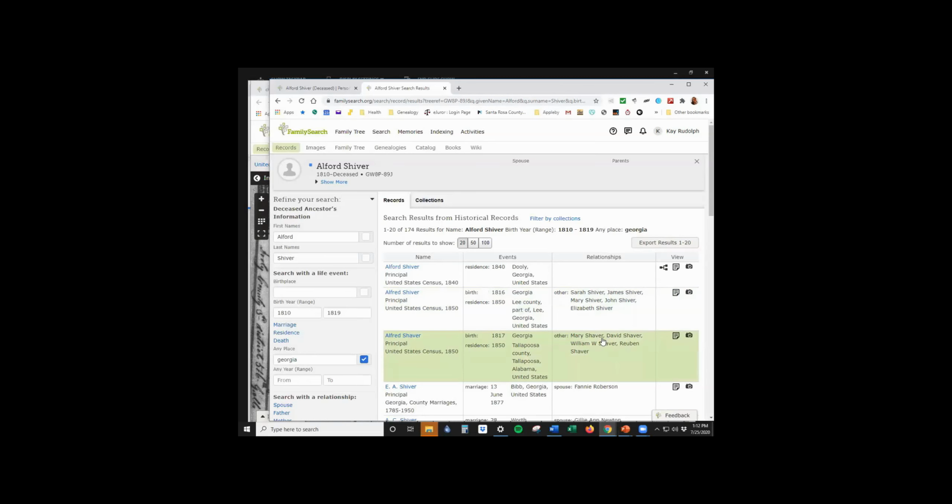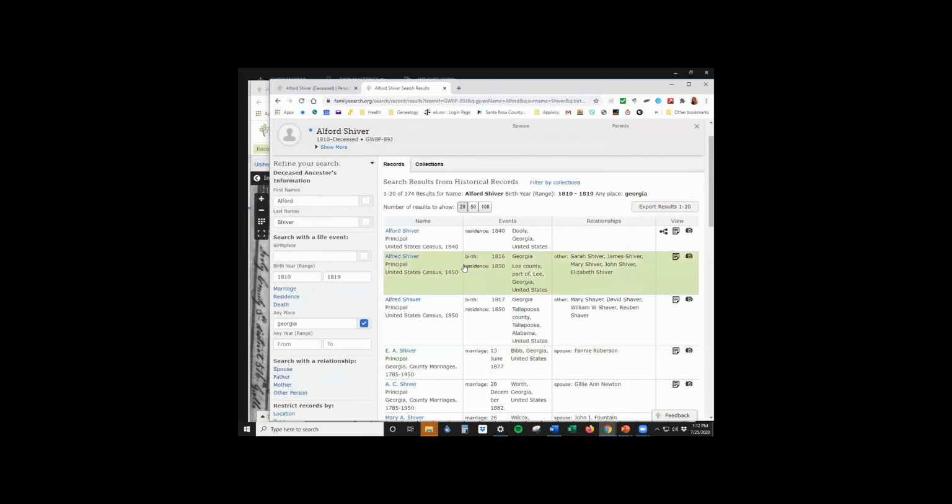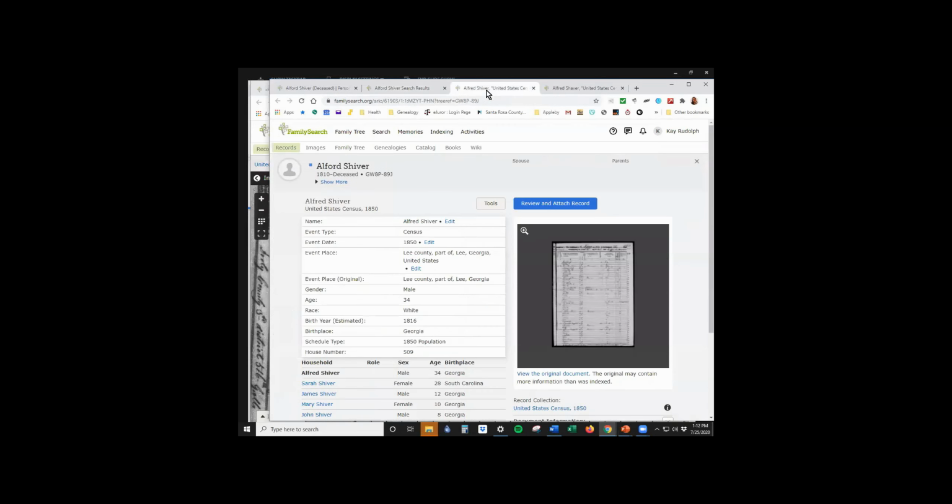And here we have an Alfred Shiver born in 1816. All right, so we're going to have to look at both of these. I am not going to have time, but I will decide which of these, and when you go back to this, you will see which of them I have chosen as being our Alfred Shiver. All right, to be continued. To be continued. So have a great